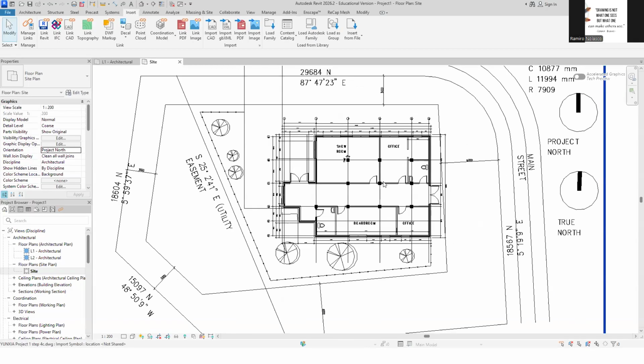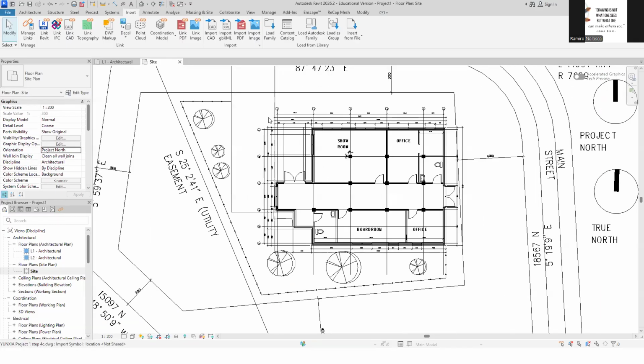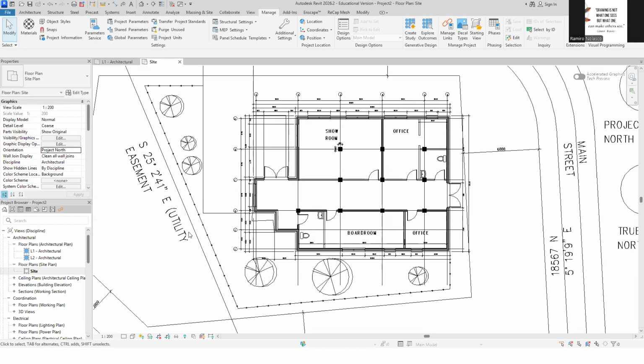What do I do next? Next, I'm going to draw the grid line. I'm going to stop here to answer questions. So next, we're going to add our grid.